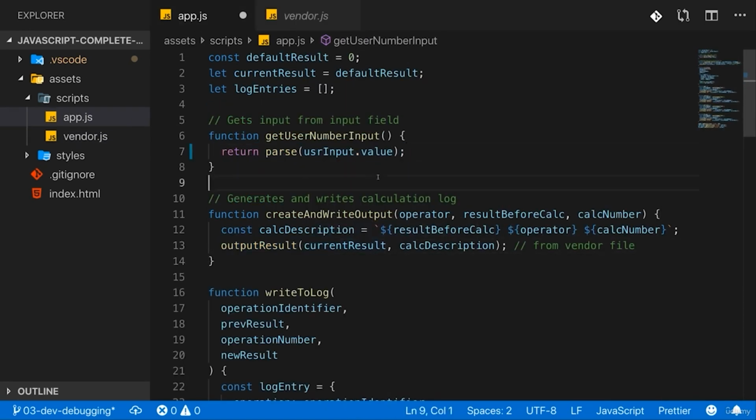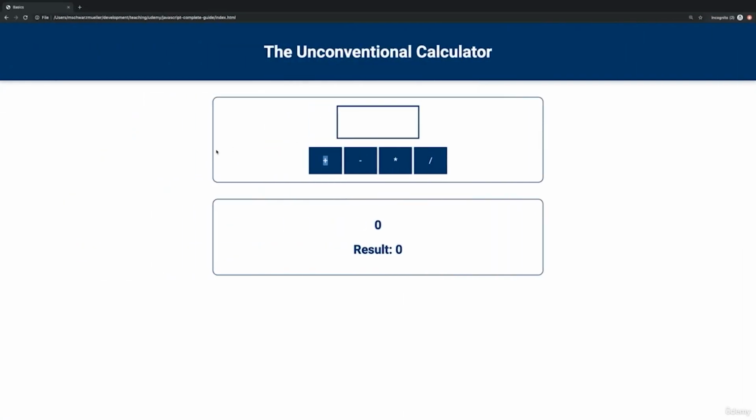It's the same here now. Now, of course, this is not built in though, but maybe I mistyped and therefore used this, or I had a function named parse in the past, I deleted it and forgot to update this code. So this is code which works in the IDE, but it will not work here. If I reload this page and I try to add, you see, no matter how hard I press my buttons, nothing happens here. In such a case, it's always a great idea to open the developer tools, and my recommendation